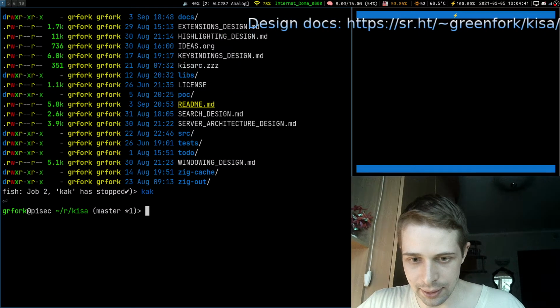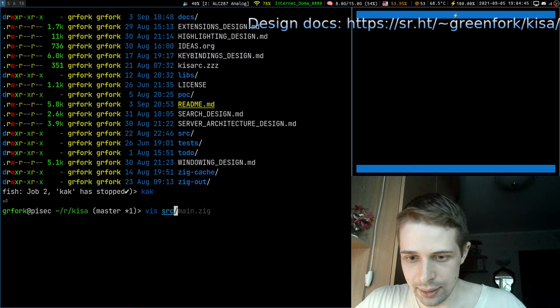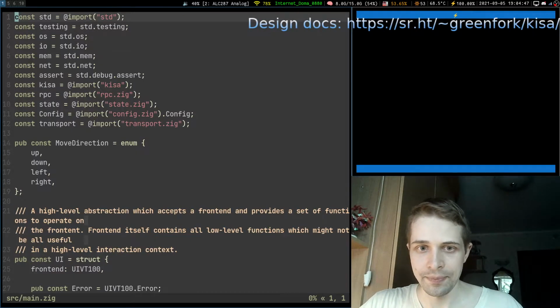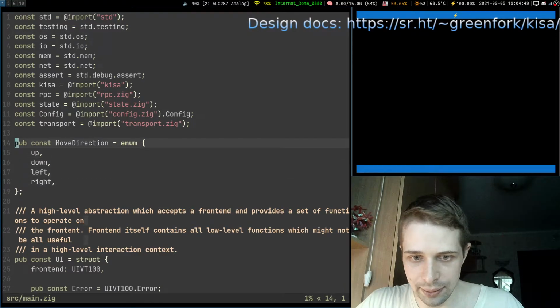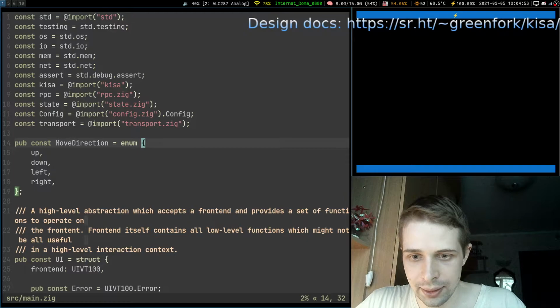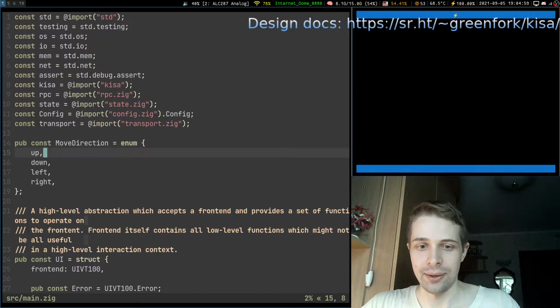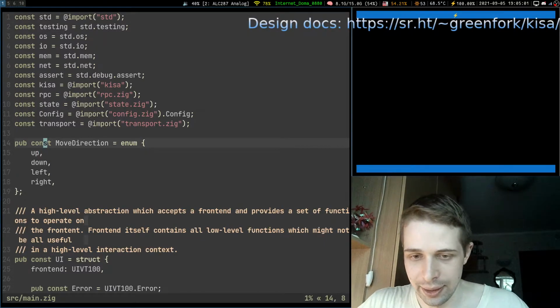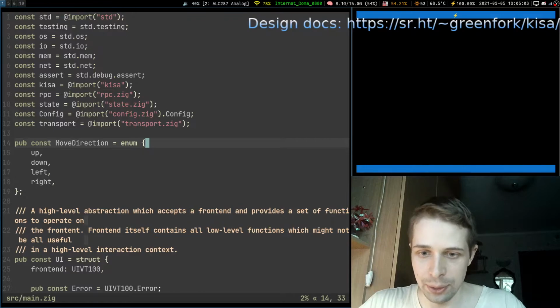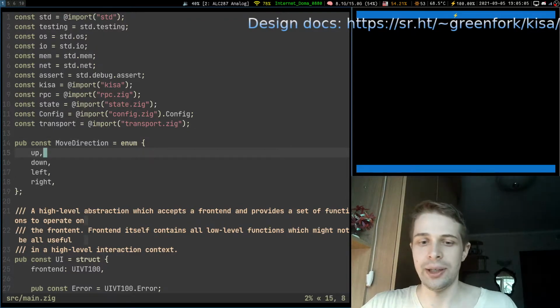And let's look at Vim editor, src main.zig. Let's do same stuff. Yeah. Now I'm at the angle bracket. I'm at new line now, right? This is comma, this is new line, and now I am at new line. Jump down, still new line, right? Opposite behaviors between these two editors.